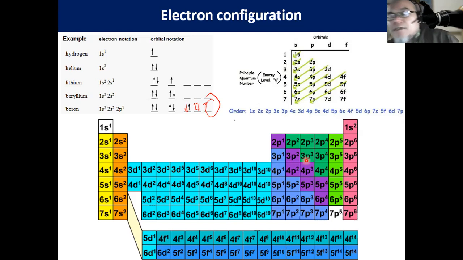because they capture 1 single electron, which means they become negatively charged. The column number 6 atoms, on the other hand, require 2 more electrons to be completely filled in their outermost subshell. That's why they also tend to have a large attractive force towards electrons, to capture 2 more electrons, and they become anions having 2 extra negative charges, in order that their subshell p is completed as 2p6, 3p6, 4p6, etc.